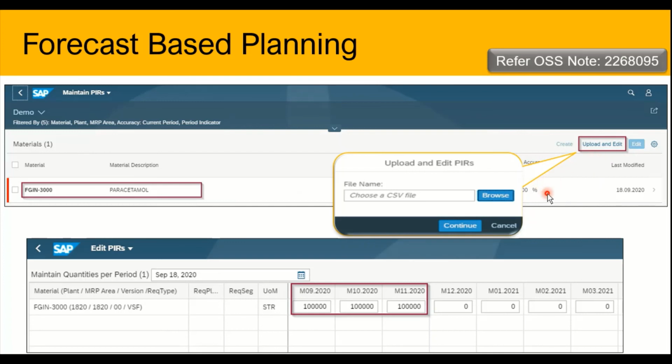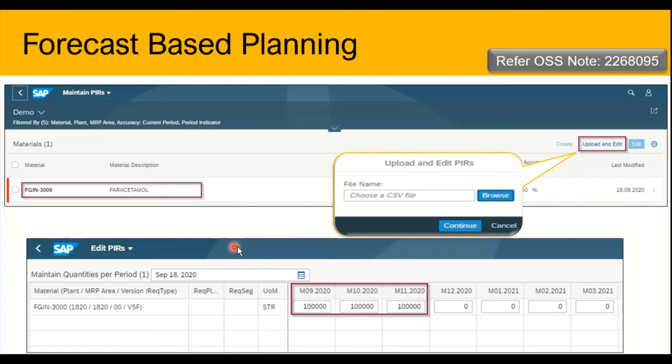So basically we create an Excel file with the predefined format, and there we provide the complete set of materials along with their forecast periods and the forecasted quantity. So this data will be uploaded into the Maintain PIRs app by clicking on this icon, upload and edit, where it is going to pop up a screen to upload the Excel file and then continue with the maintenance of PIRs.